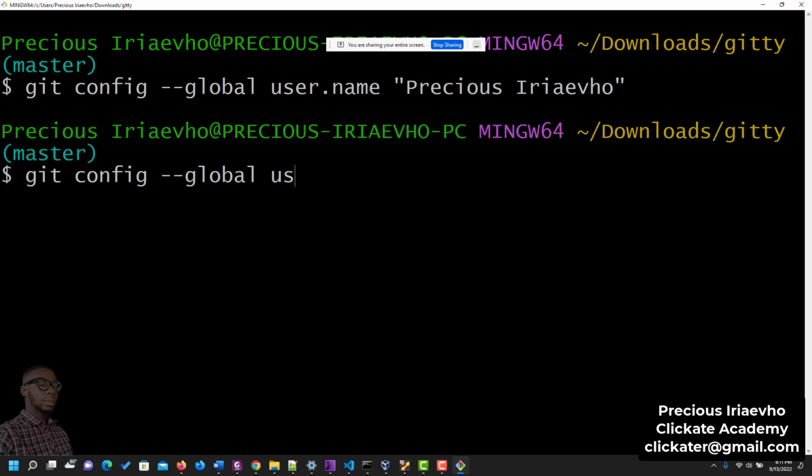Now, the third configuration you need to do is for your major branch. I will tell you what branch is later, but just understand what I'm doing here. I'm doing 3 configurations. This is the third one. Git config --global init.default